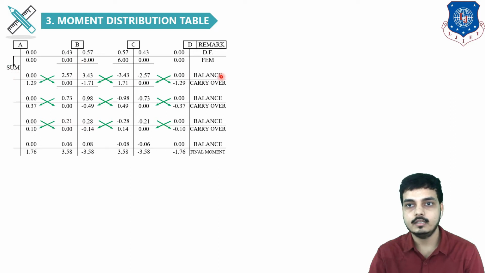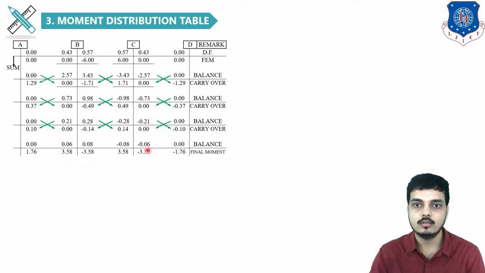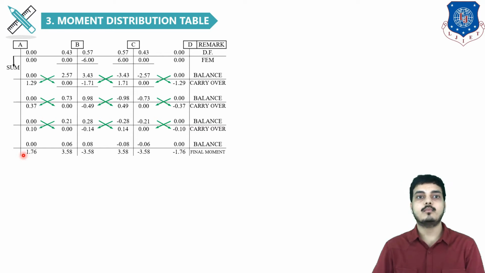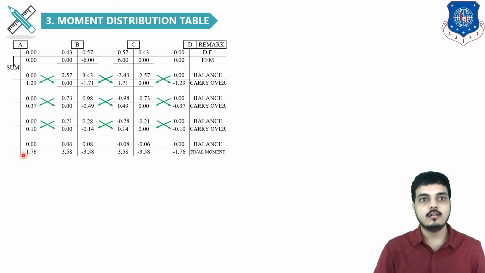So again, what we did in this box will be repeated for the further boxes until our value comes similar in the last step. Now here you can see plus and minus, ultimately the answer is 0. The value is 0. So these two ends are fixed ends, so they can resist moment. Now till here our process is the same. Now further we have to do sway analysis. So for that, let's see what needs to be done.